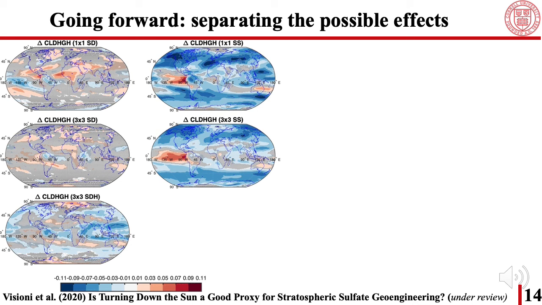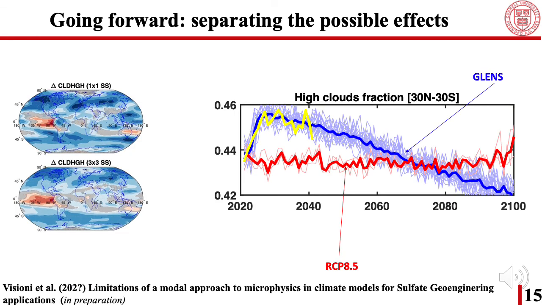However, if you remember what I said before, these would kind of oppose the conclusion of previous studies stating that changes in high clouds are not due or should not be due to the increase in sulfate particles. So, if these changes that are observed in CESM1 are real, that kind of would change our understanding of most of these changes. It appears to be, however, that these changes in high clouds that we observed are not due